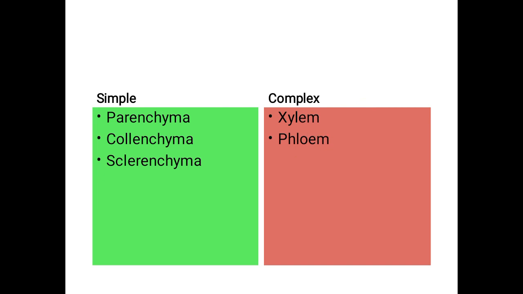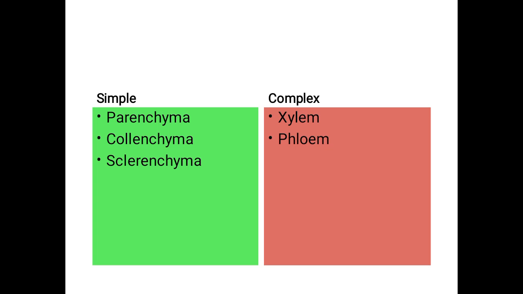Do you remember what are complex permanent tissues? The tissues which are having more than one type of cells are called what? Complex permanent tissues. So what are simple permanent tissues? What are tissues? Tissues are a group of cells having the same structure and function. Simple permanent tissues are those which are having only one type of cells. So parenchyma contains only one kind of cells, collenchyma contains one kind of cells likewise. And complex permanent tissues, on the other hand, contain different types of cells.